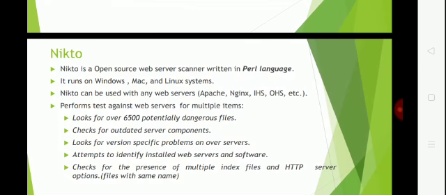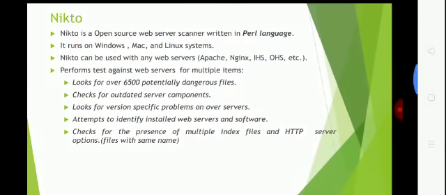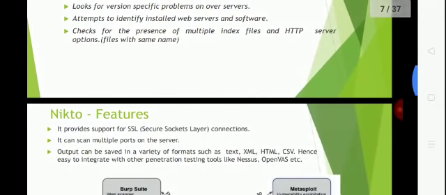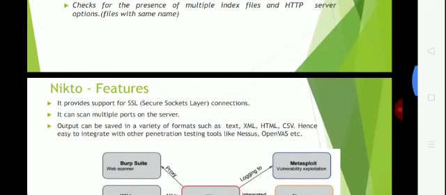It checks for outdated server components, looks for version specific problems on over servers, attempts to identify installed web servers and software, and checks for the presence of multiple index files and HTTP server options, meaning files with options like that.